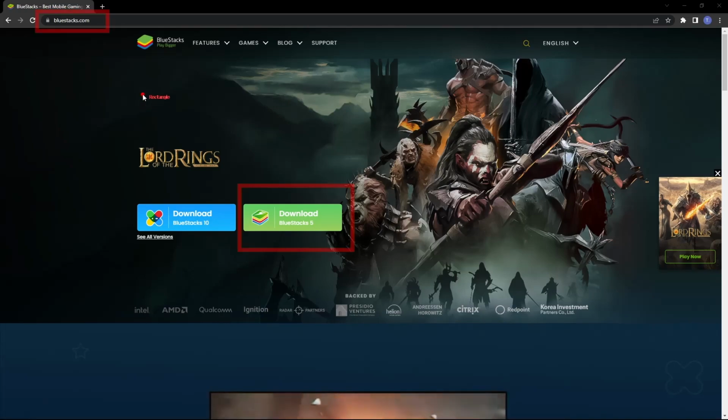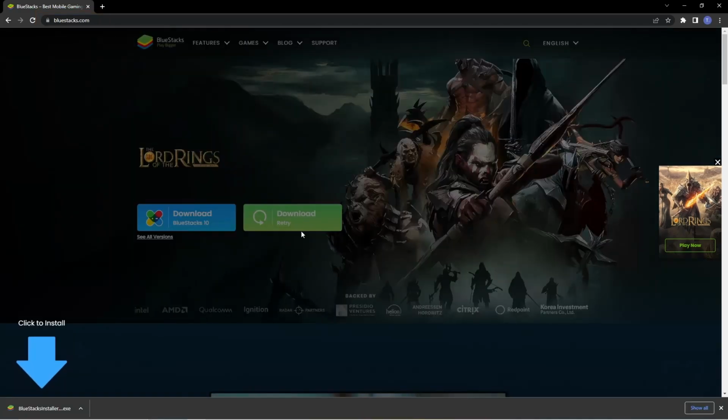The first thing we want to do is search for bluestacks.com, and that'll bring you to BlueStacks. Once your page opens up, you're going to have two downloadables. One is for BlueStacks 10, and the other is for BlueStacks 5. BlueStacks 5 is the one you want to download to physically put it on your computer. BlueStacks 10 is more for the cloud, and we don't want to worry about the cloud right now. So go ahead and click on BlueStacks 5, and depending on your browser,